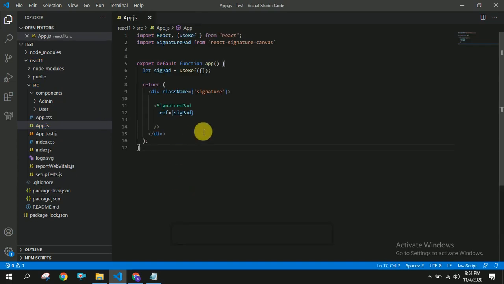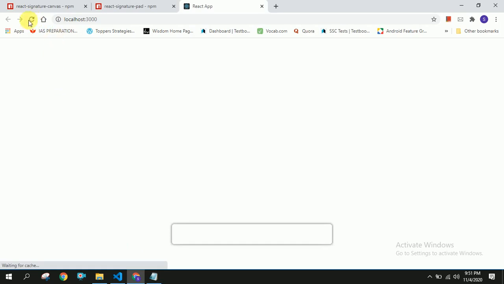Or if you want to give some predefined styles or any styles, you can give on the outer div or anywhere. And if you want to change the pen color, then you can use the pen color property. You can set it as green or red or anything, blue or black. I'm setting it as green. Let's see if it is working or not. So if you see here, we can see the green color like this.